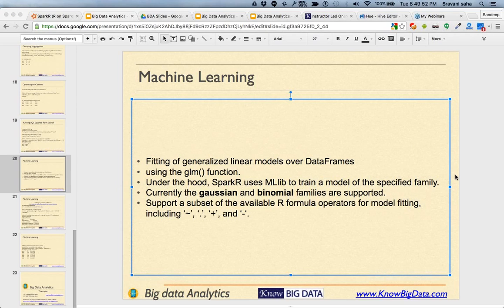R provided us functions like LM and GLM. This is called generalized linear models. Okay, so fitting of generalized linear models over a data frame using the GLM function is something which has been done in SparkR so far. And there are a few more parts to it. So anything that can be done in machine learning can be called using R. Okay,